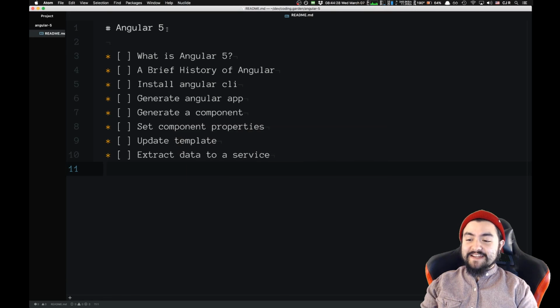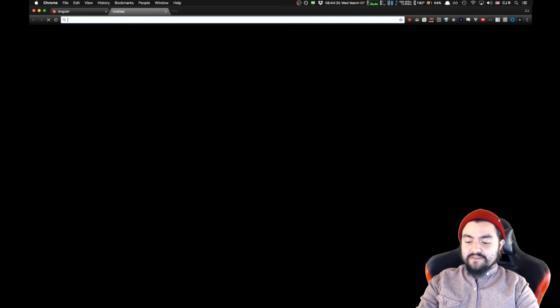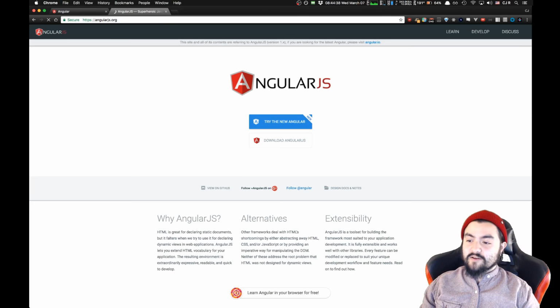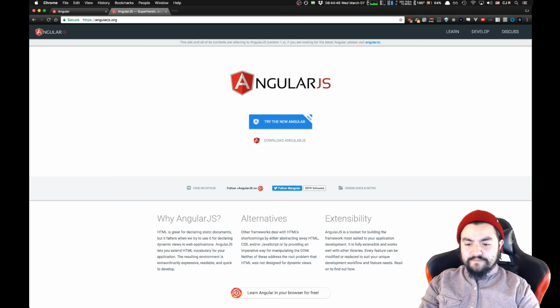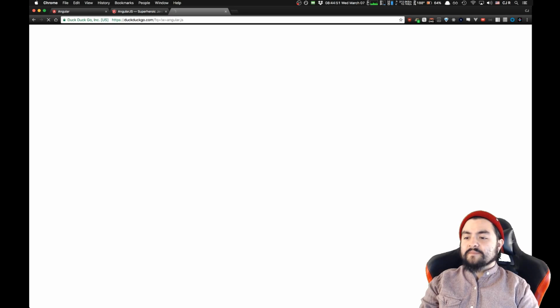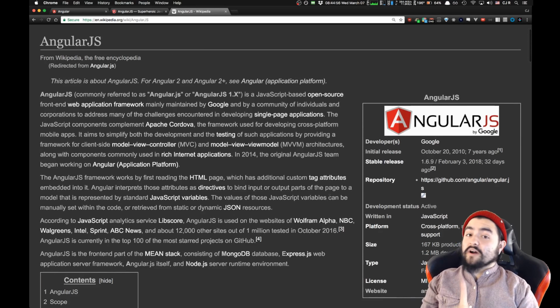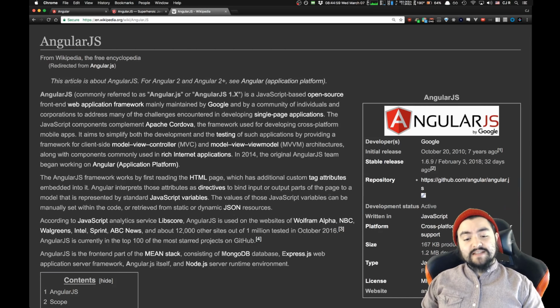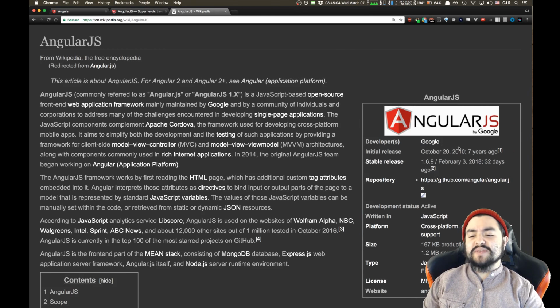Cool. Let's go ahead and get into the brief history of Angular because I'm actually kind of salty about it. So Angular.io is the latest version of Angular, Angular 5, but you might also come across angularjs.org. And this is Angular version 1x, or what you'll hear people refer to as Angular 1x. And actually, let's look this up on Wikipedia because there's an interesting history to it. So Angular 1 was initially released 7 years ago. That's like a million years in JavaScript time. So it was initially released in 2010 and